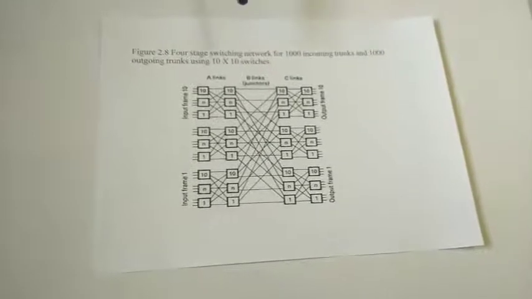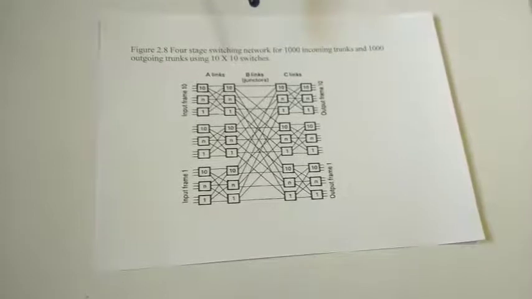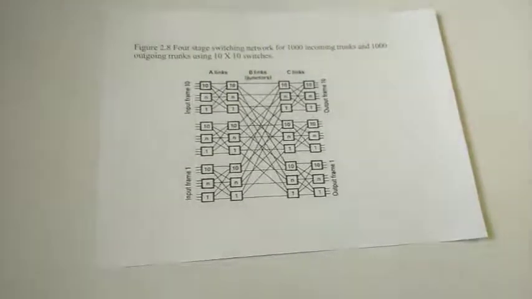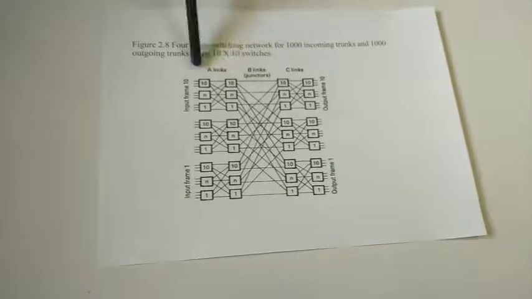Again, we have a higher exchange, that is the 4-stage network, where you can connect 1000 incoming trunks to 1000 outgoing trunks using 10 cross 10 switches. Observe here, we saw this in the previous one, that means the 2-stage link network. This is one 2-stage link network. Like that you have 10 such 2-stage networks, that means 10 into 100, you will get 1000 incoming lines. Similarly, the outgoing frames are the same. This is A stage network, B stage network, C stage network. 1000 incoming lines are connected to 1000 outgoing lines, with the help of 1000 links.